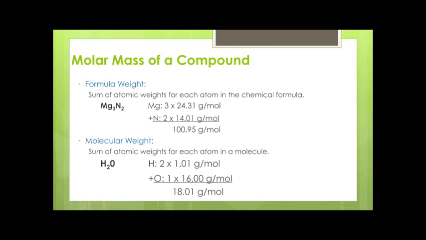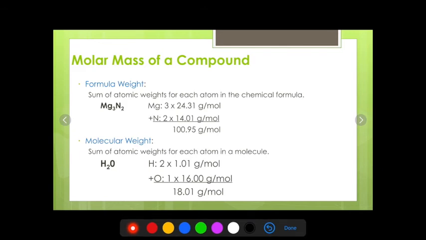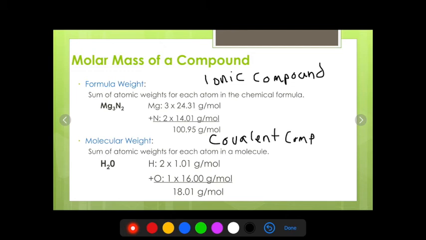The only difference between the formula weight and molecular weight is that formula weight is for an ionic compound, and molecular weight is for a covalent compound. But it's exactly the same thing. So honestly, I just always call it molar mass of the compound. And I don't specify with molecular weight or formula weight, I just say molar mass. Okay, so to find the weight of a compound,